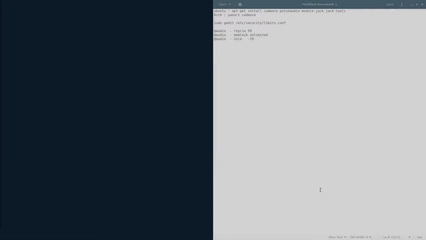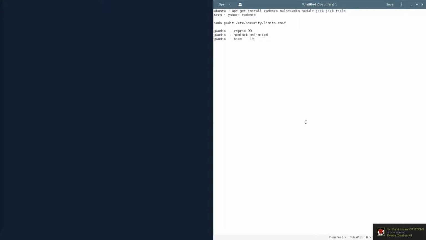Hello guys, today I'm going to show you how to set up your Linux machine to be able to use Jack with Pulse. That way you can make music using Linux while you can talk to your friends on Discord or watch YouTube videos. This is something that not many videos teach because people who want to focus on Linux